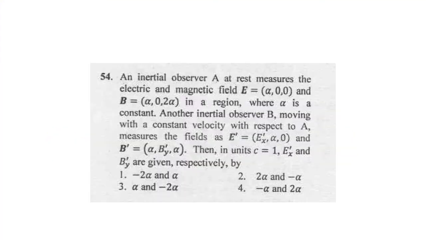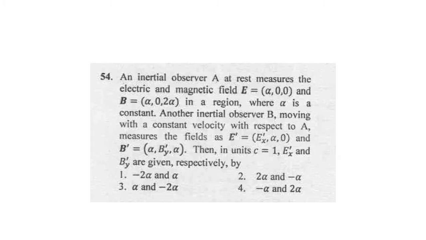Question number 54 we are going to see now. An inertial observer A at rest measures the electric field E equal to (alpha, 0, 0) and magnetic field B equal to (alpha, 0, 2 alpha) in the region where alpha is a constant. Another inertial observer B moving with a constant velocity with respect to A measures the fields